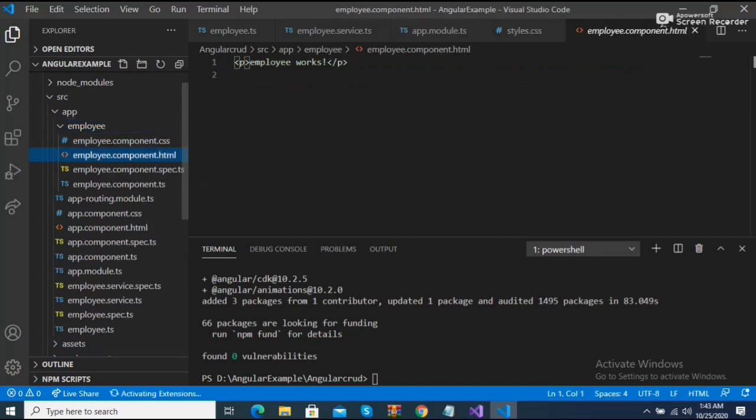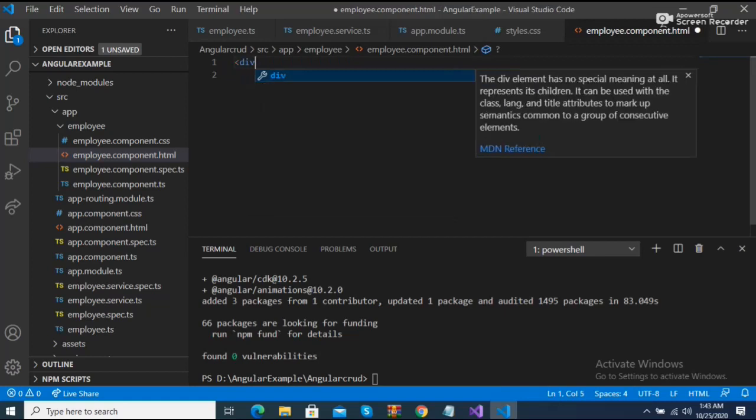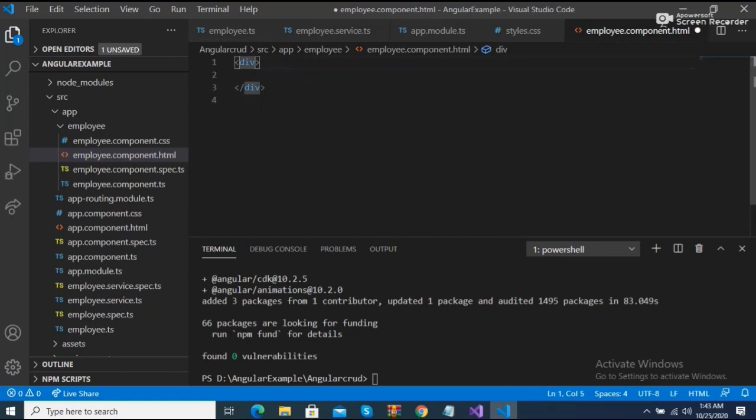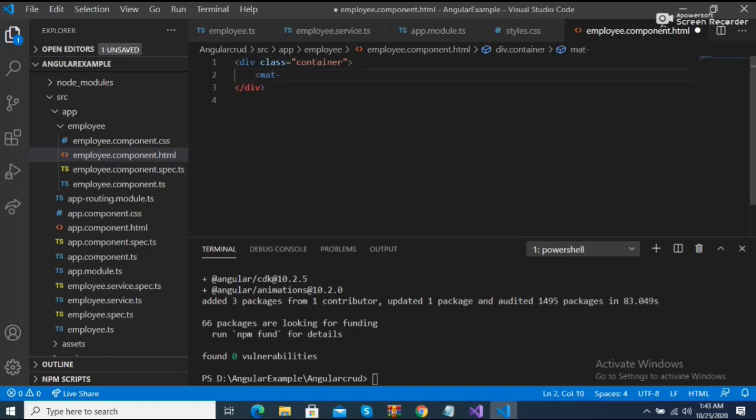Here we need to add the design and implementation of the container. So we put the container here, like a div with class container. After that, we add the mat-card.